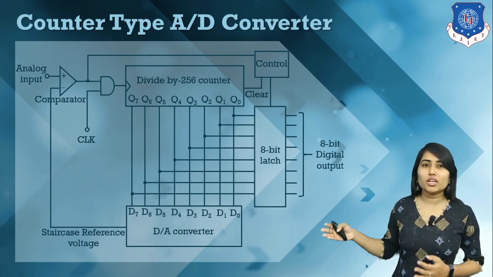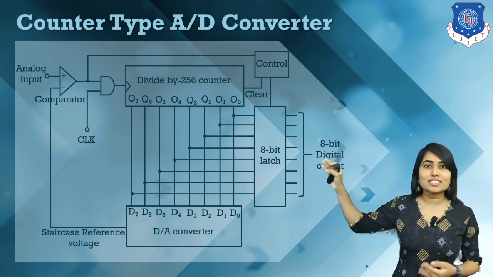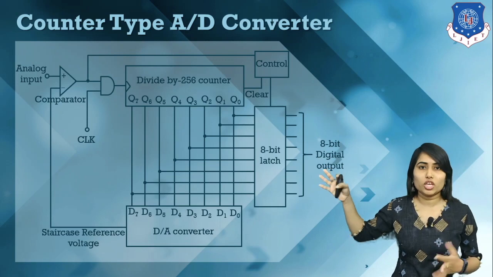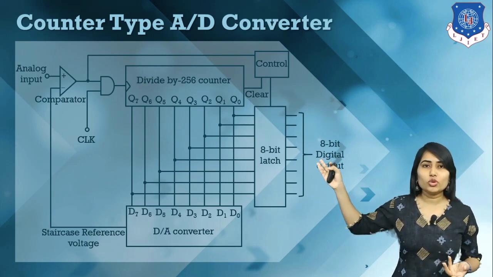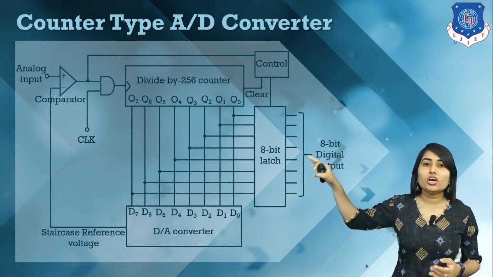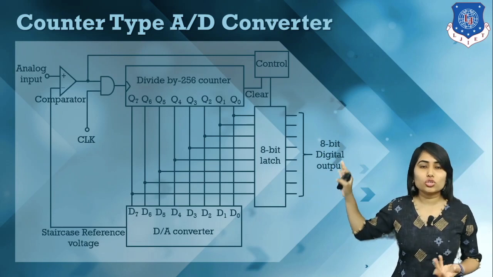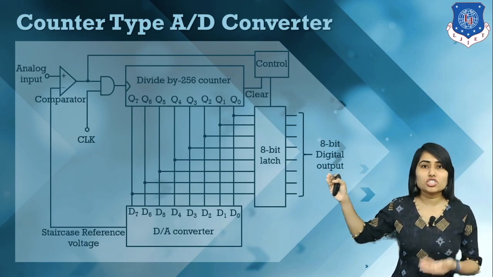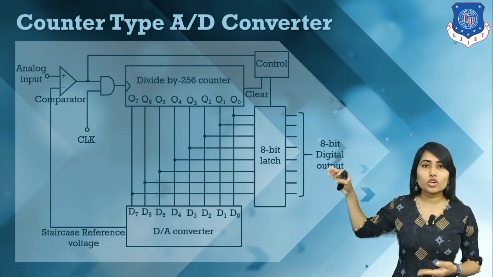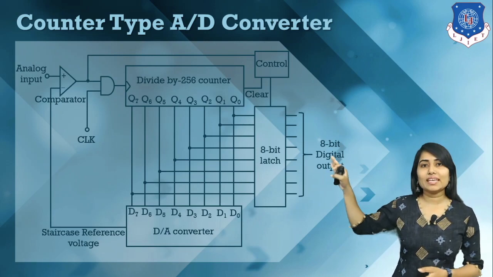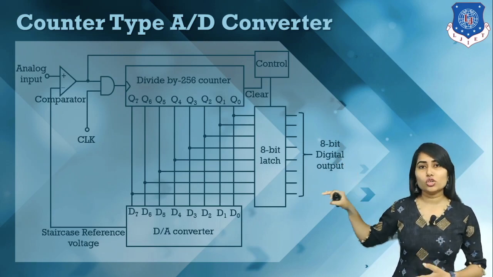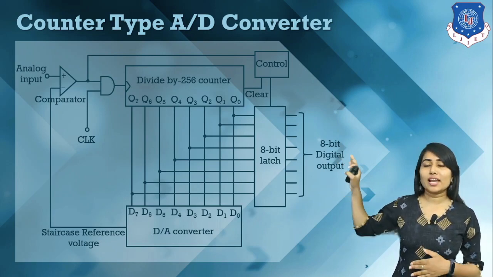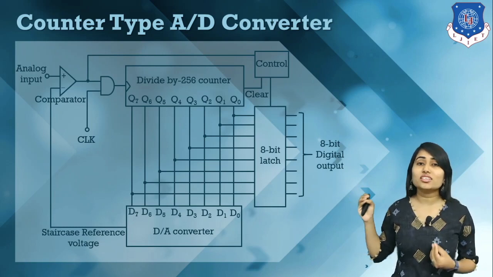So for example, if we have an input voltage of about 9.3, and initially the counter is 0, it will count, because 9.3 minus 0 is 9.3, that means a positive voltage. For a positive voltage, the AND gate input is 1, so 1 into clock gives a 1 here, that means this counter has a clock signal.